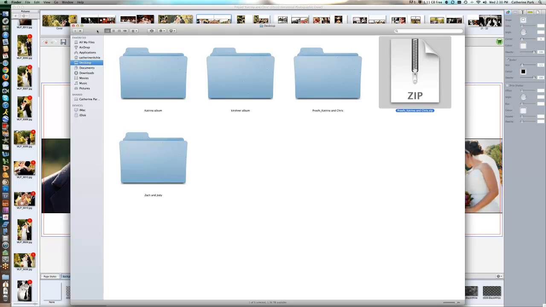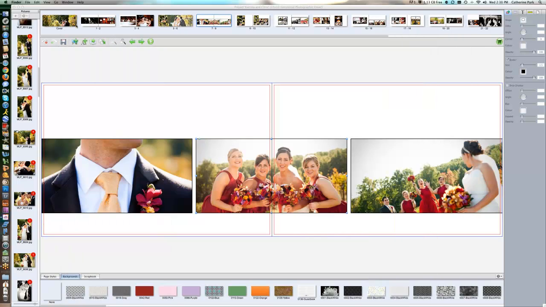And I proof the entire album every time for a client, because I feel like if you just do the pages that you change, sometimes people can't remember what they look like, and it might be confusing as to what the entire book is going to look like finished. So I always proof the entire book every time I make a change until we get it situated. And then once they've approved it,